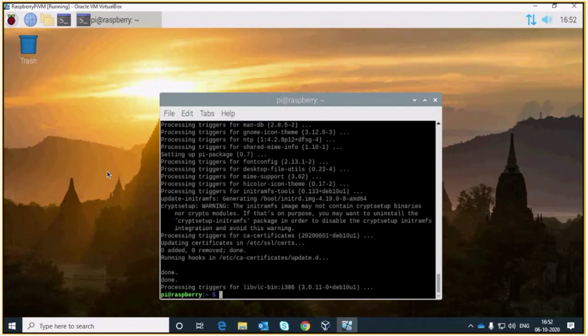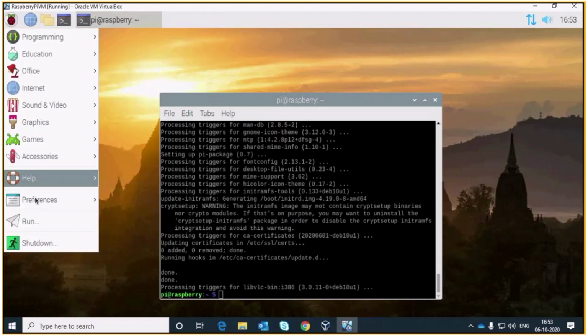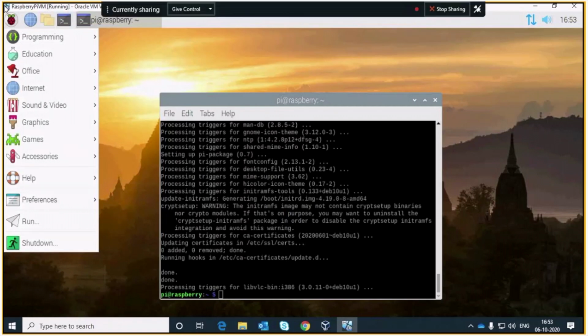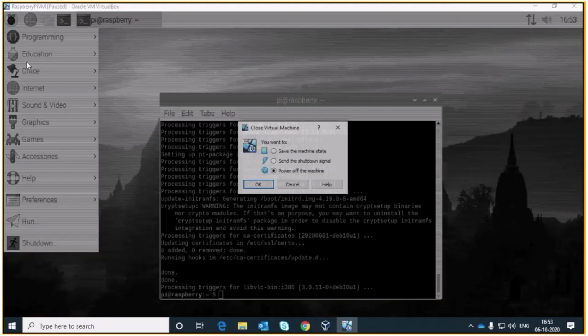We'll close this. So you can go here. You can shut down, or there is an option where you can close it, and an option whether you want to power off the machine or save the machine state. I will say save the machine state.